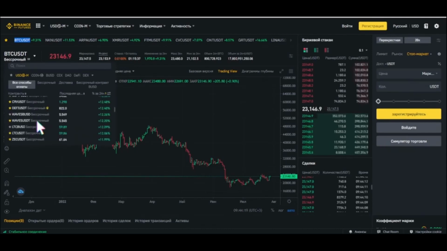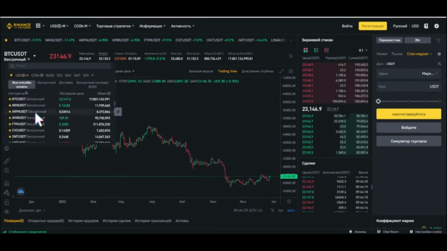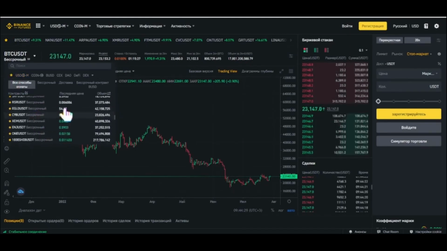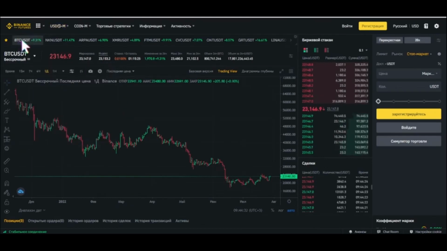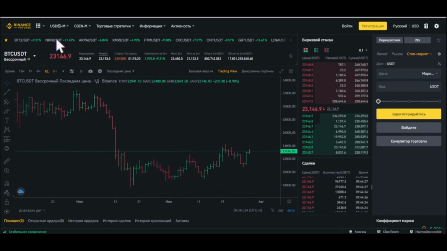And accordingly, you see, I have almost all the coins highlighted. Add it to favorites. Also, if you click on the star right here, here they are. These are all the coins you'll have here in your favorites. Accordingly, when you analyze coins, you will just look at the pictures this way, quickly leafing through everything and